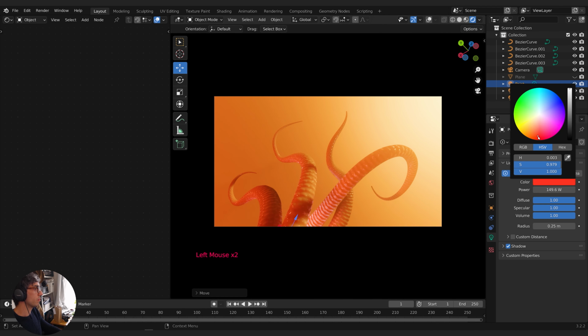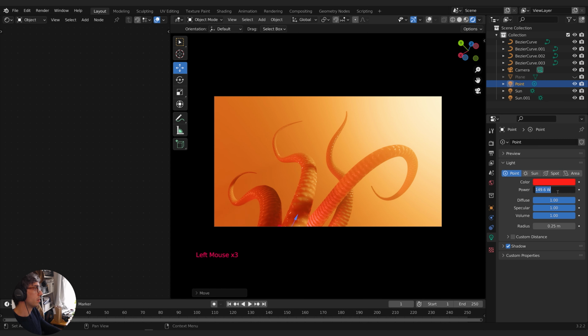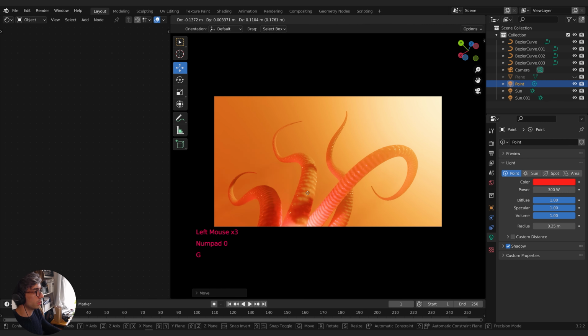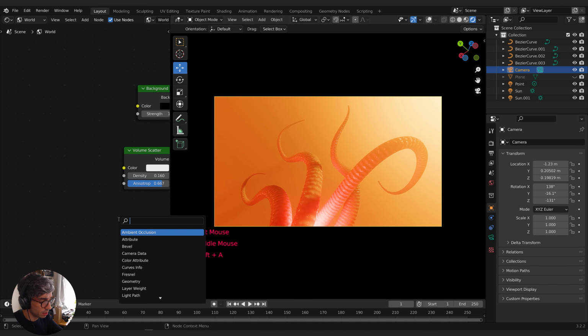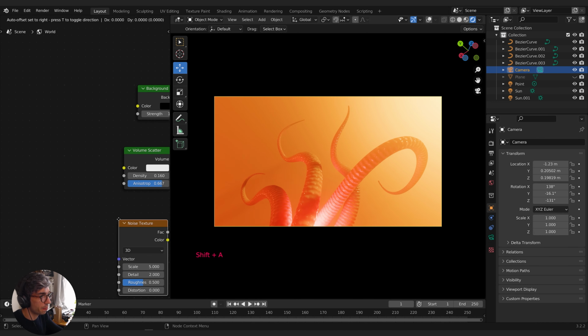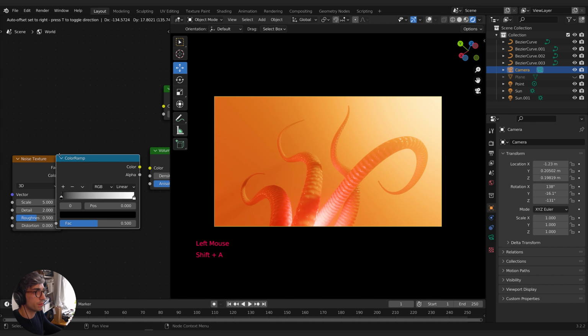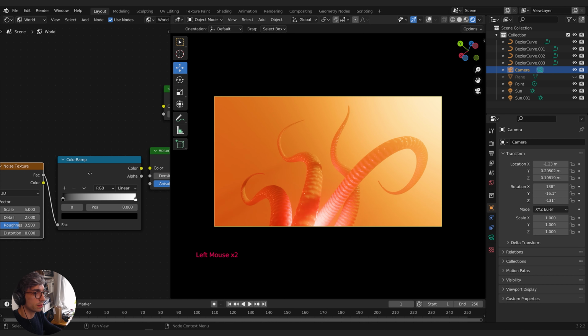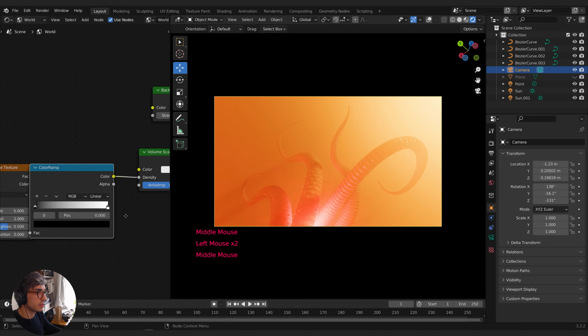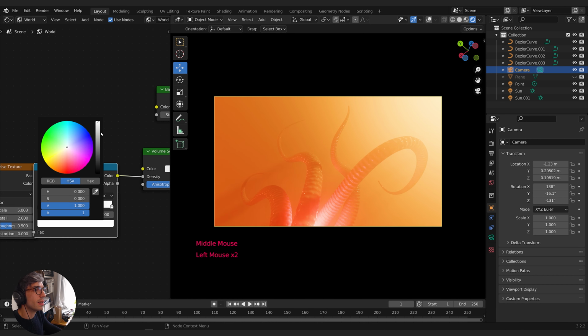And I'm going to give this like a deep red. Turn it up to like 300 maybe. I don't know, something massive. Let's put a noise texture into the density. I'll grab a color ramp and a noise texture. I'll plug them into the factor, color into the density, and I'll take this white and I'm going to bring